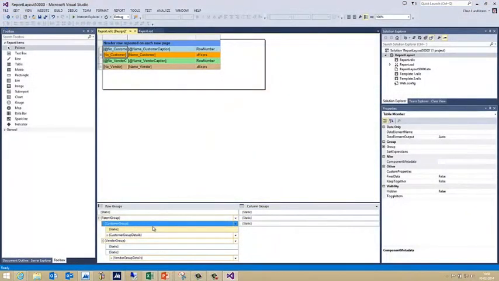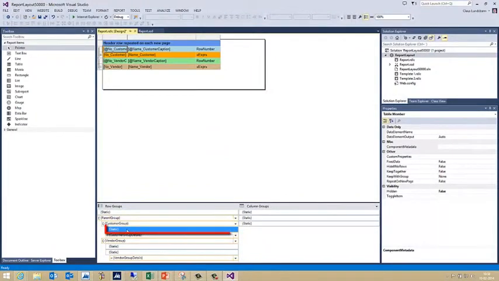So we're now back in Visual Studio. We're going to have the customer group header repeat and the vendor group header repeat. So I select the static row in the customer group, and I can see over here in the tablet that this is the row that I have marked and selected. So that's a great help from a Visual Studio point of view.